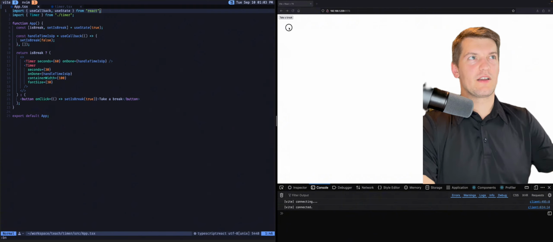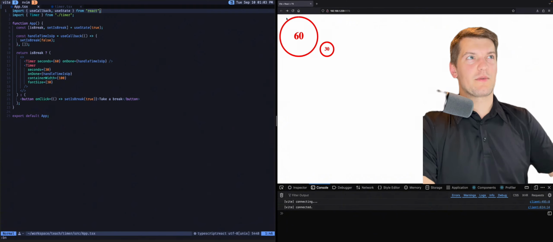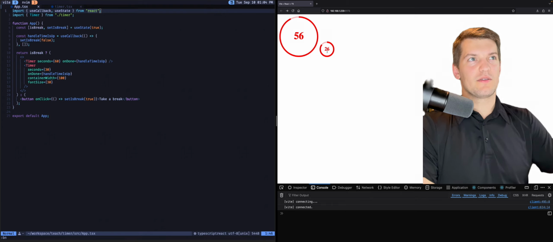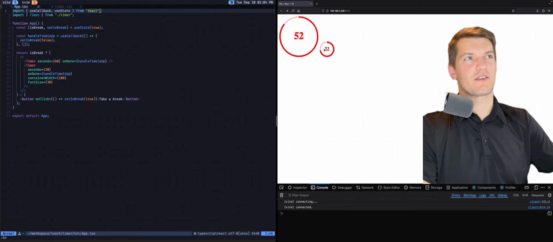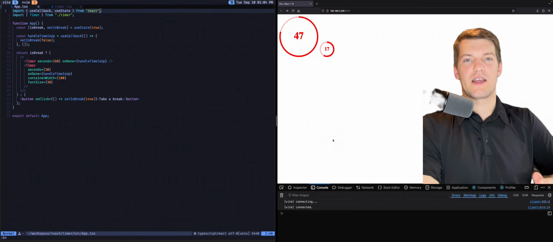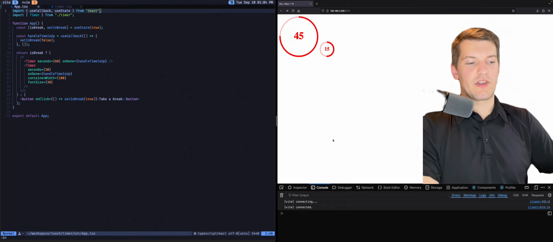Because if we see here, if we bring up our timer component, if your device has a setting of falling asleep or dimming the display after 30 seconds or a minute, this timer component wouldn't really work that well, where the user would have to keep pressing their screen to keep the